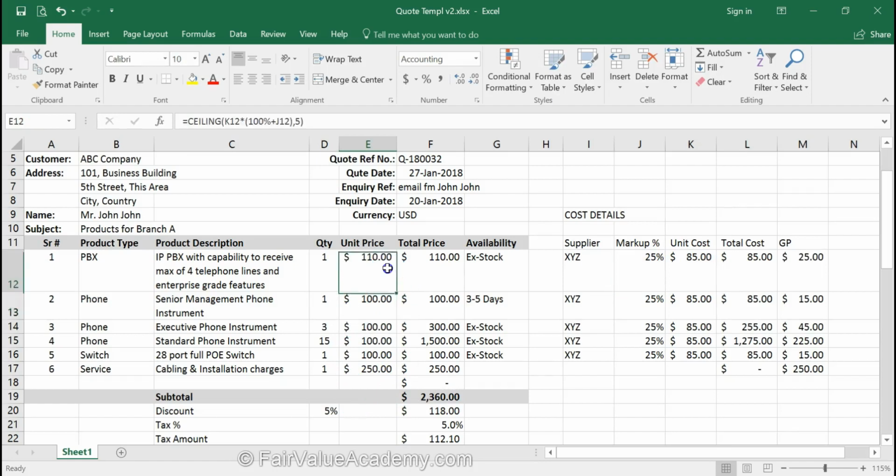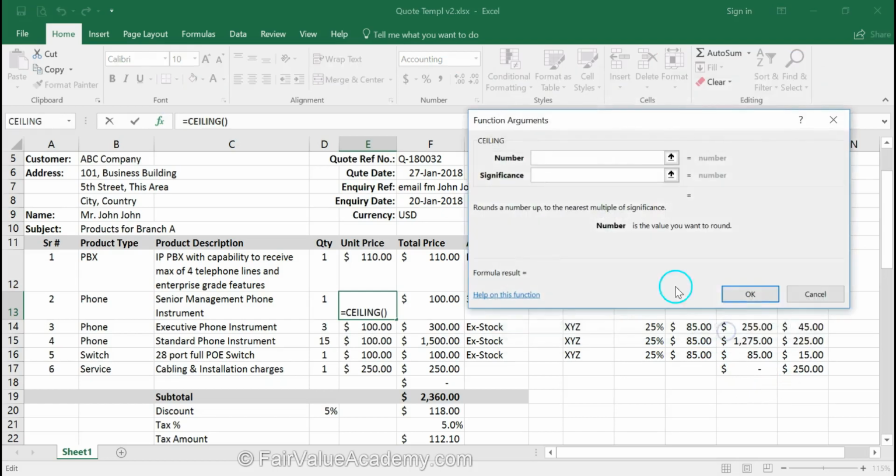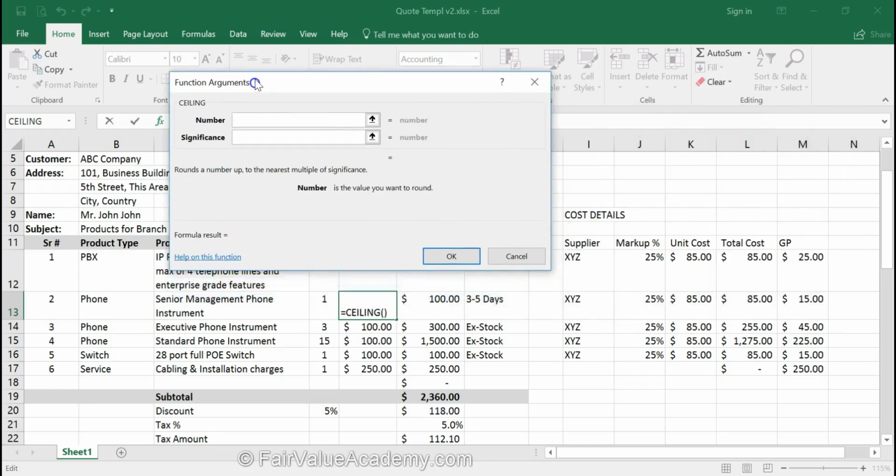So you get 110. Another way of doing this, if you cannot manually edit the formula, then come here, click on the FX button, select the ceiling function, press OK, and you will have two fields to fill in. One, the number, other significance, which is nothing but the multiple. Now the number is the formula for selling price, which is cost multiplied by 100% plus the rate.